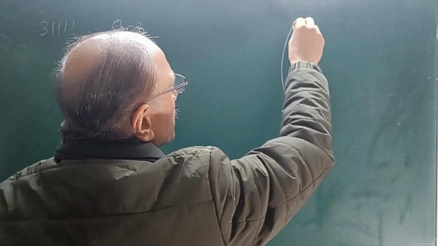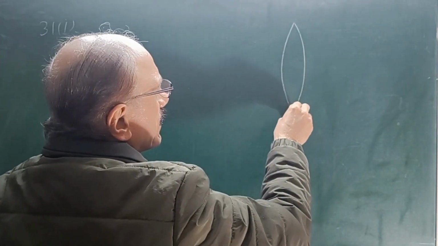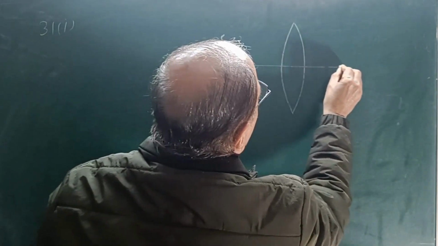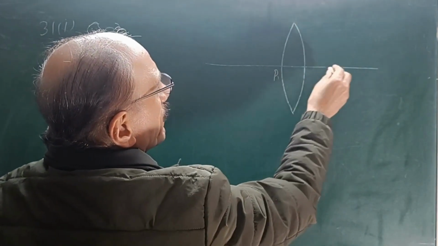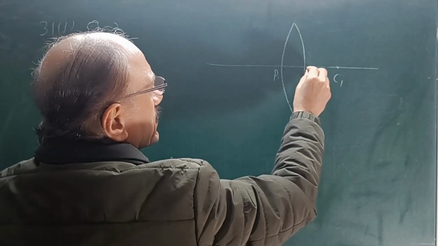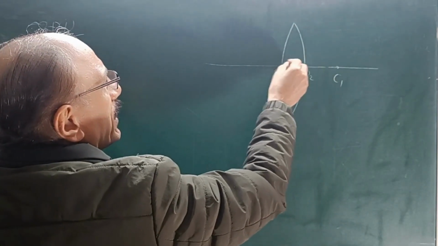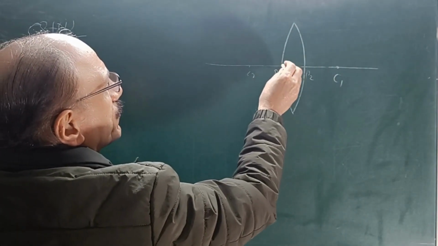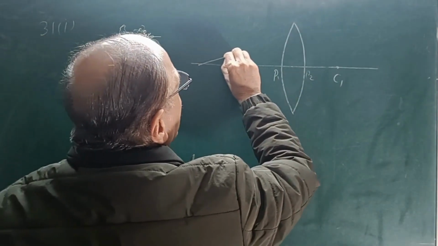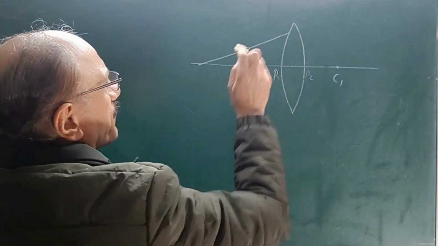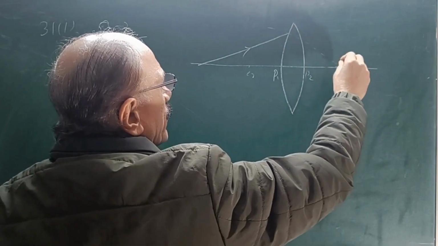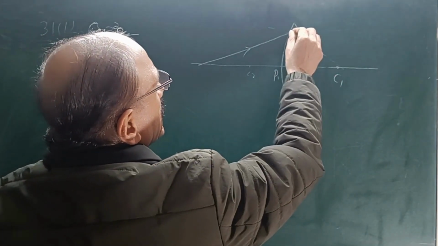This is a convex lens having a surface P1, the center will be C1 and the radius will be R1. This surface P2 has its center here at C2 and the radius R2. A ray is incident on the surface. Since this will be the normal, so this ray will